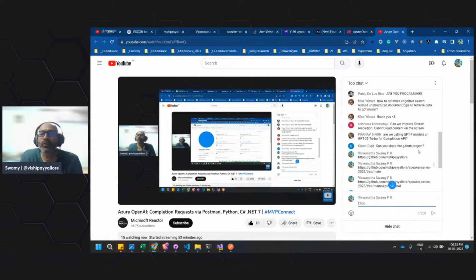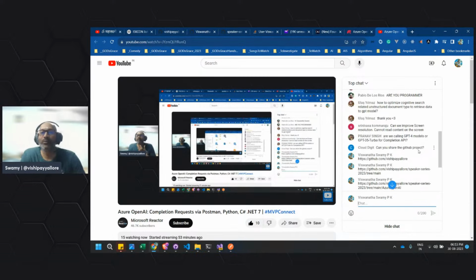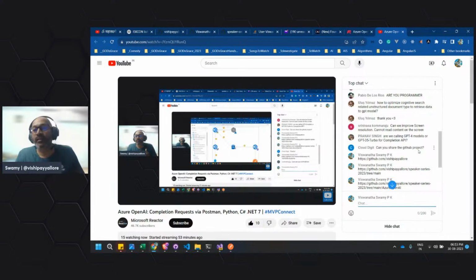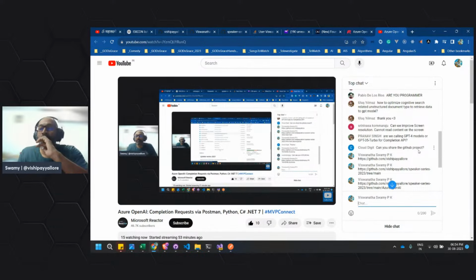See, I don't want to give some answer just because someone asked it and I'm answering it. I just want to understand it properly. What is it that you're asking? Cognitive search related unstructured document type to retrieve data to the GPT model.